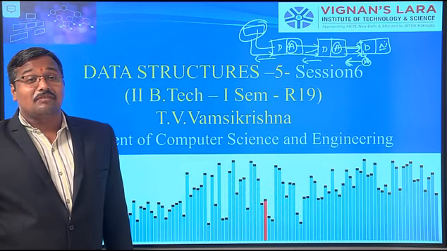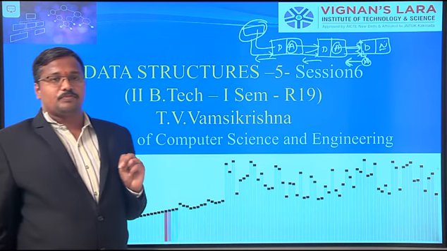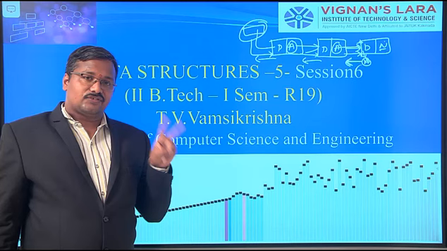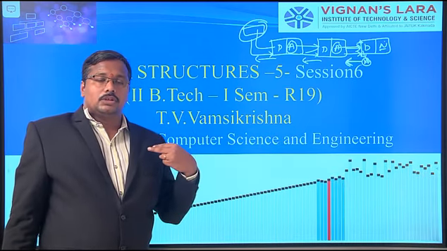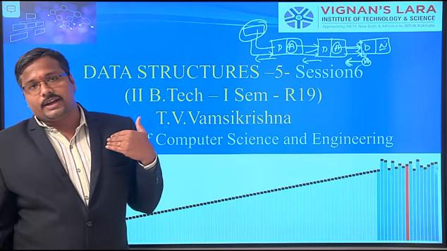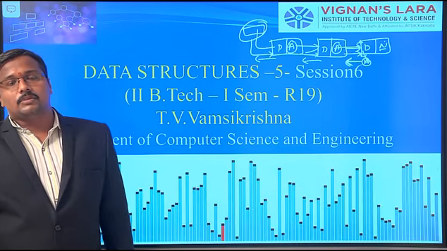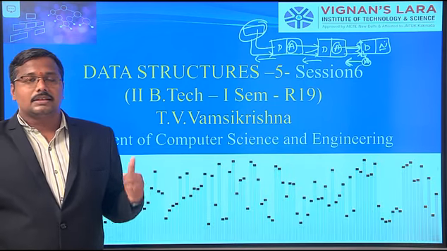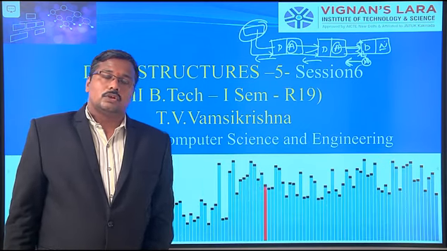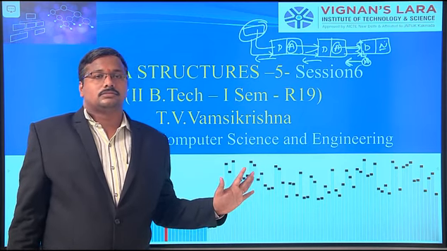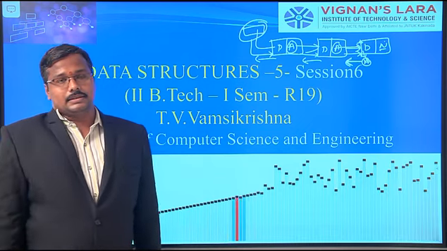Each and every node has one data field and two address pointers. One points in the forward direction, another points in the backward direction. By using the backward pointer, we can travel in the backward direction also. That's why in a double linked list there are two ways of travel: forward travel and backward travel. This is not possible in a single linked list. This is the drawback, and it can be overcome with a double linked list.